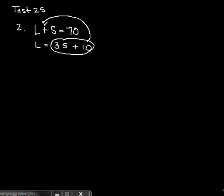So I'm going to do most of the problems on the test. I'm going to skip the distance problem for now and hit some of the ones that could possibly be on the final. So